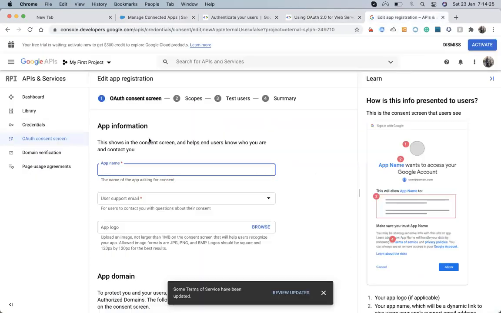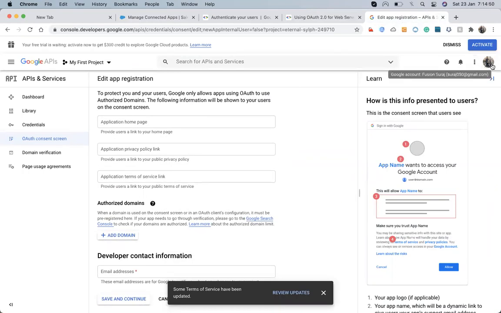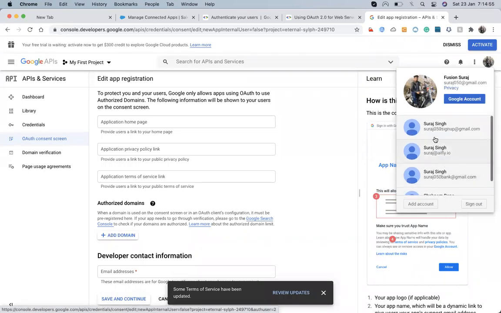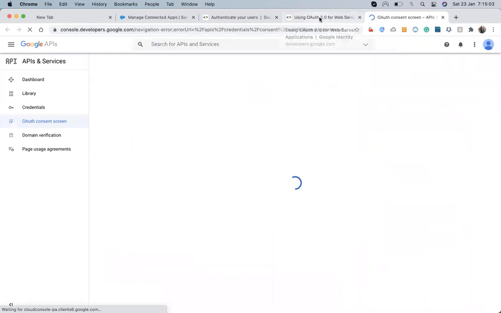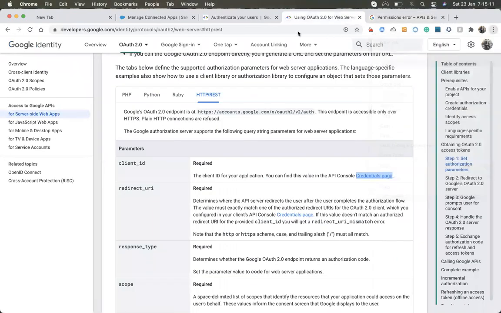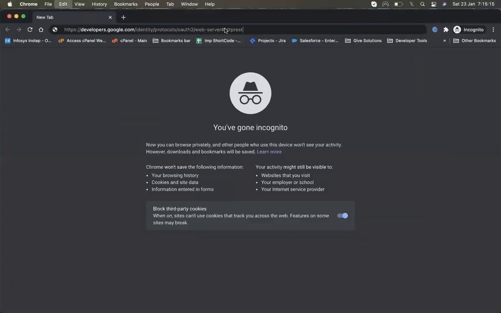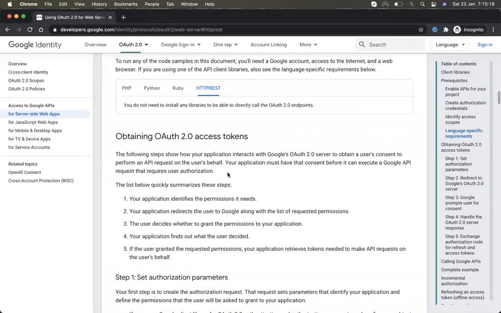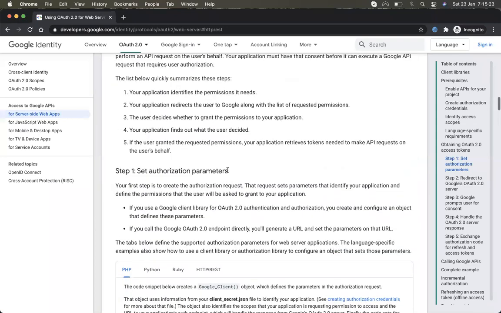So, my Salesforce Drive app. Actually, that was creating in my personal Gmail address, and I don't want to create it in my personal one, so I want to change that.